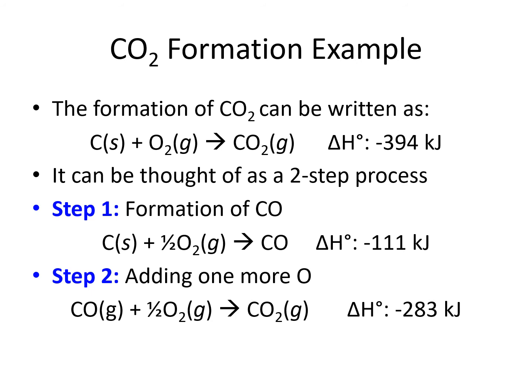With the formation of CO2, we've seen that the equation can be written as 1 carbon plus the O2 molecule makes the CO2. And the delta H for that reaction is overall a negative 394 kilojoules. Well, we could think of this as a two-step process where each step is adding on an oxygen. So our first step is carbon with 1 oxygen, but we're not going to express it that way in our equation because we're still going to have it expressed as a delta HF type equation where we have 1 as our coefficient on the right-hand side,